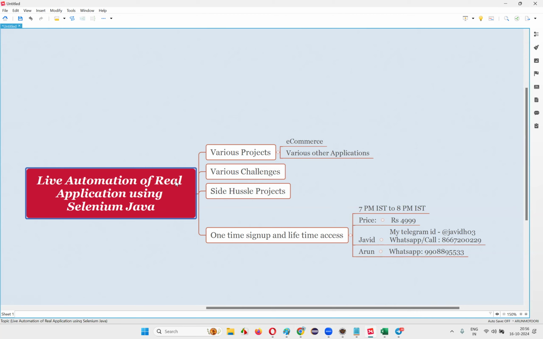So like that, some different challenges we'll take, and our ultimate idea is to automate an end-to-end application first so people can join. Today the register account functionality will be there, tomorrow some other login functionality will be there, but the automation will be the same in most of the cases, though maybe a new experience will come. Post recordings will be there, previous recordings will be there, everything will be there for you, no problem at all.